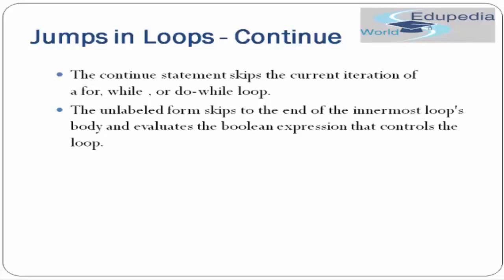So it will still remain in the loop. It is not coming out of the loop, but it is just skipping that current iteration. So if I is equal to 5 and my continue gets executed, then whatever is written below the continue statement won't get executed and it will skip that iteration and immediately go to I equals 6. Fine. But in case of a break, it will just stop the for loop and come outside the for loop. So now let's see the example for continue in our IDE.